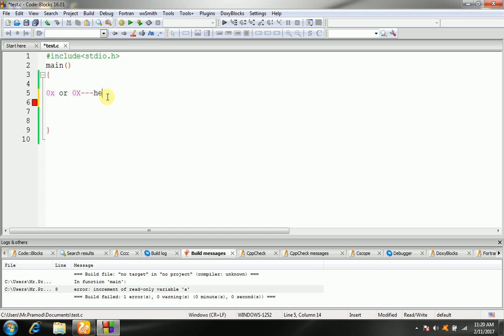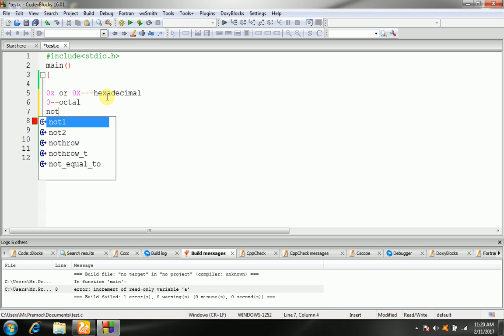Then this is for hexadecimal, zero for octal, nothing for decimal.